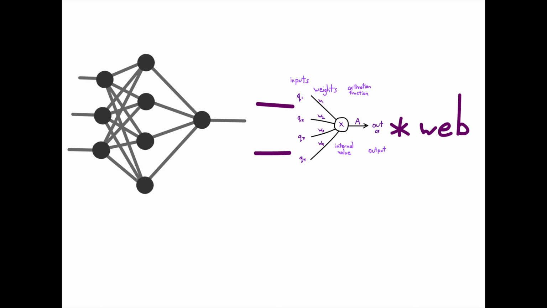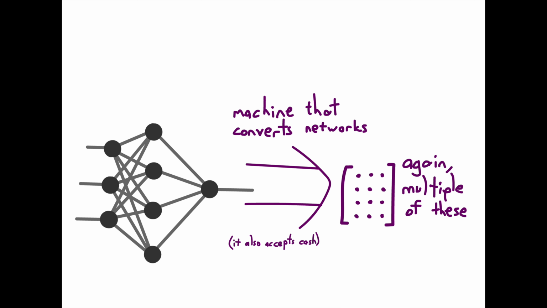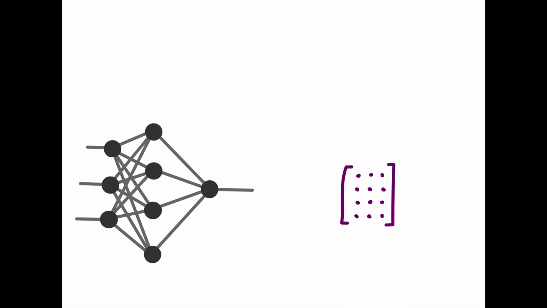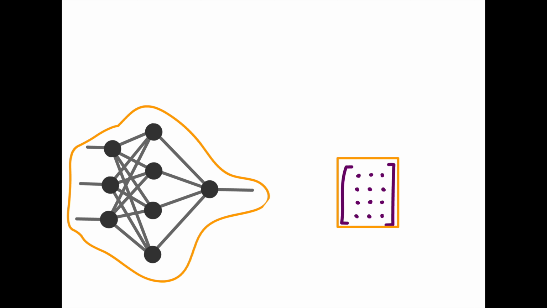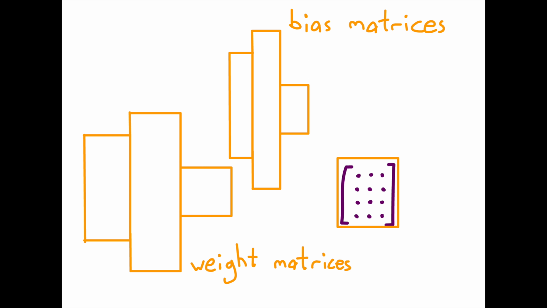Neural networks are a web of perceptrons, but they can also be represented as matrices. If you're converting a neural network to a set of matrices, the first thing to notice is that matrices are rectangular, whereas a neural network is lumpy, so it needs to be broken down into a set of matrices. There will also need to be separate bias matrices and weight matrices.